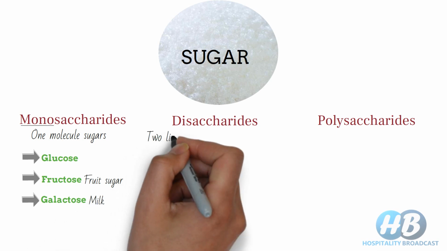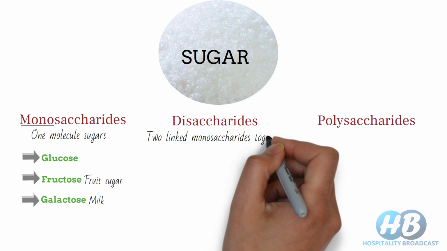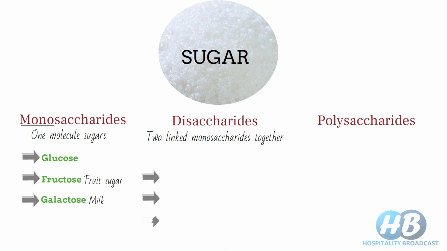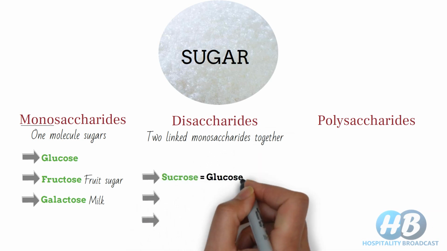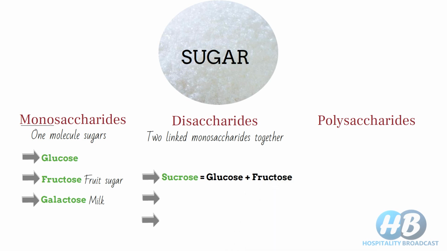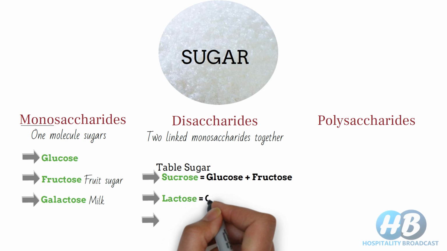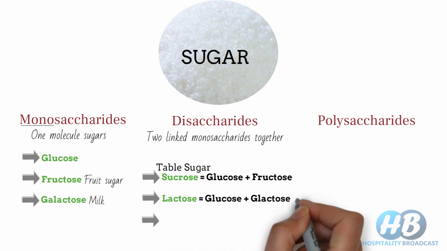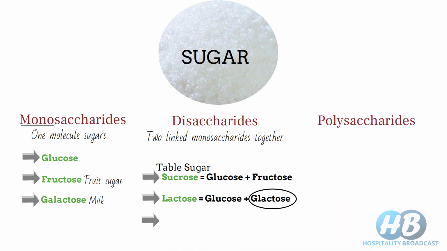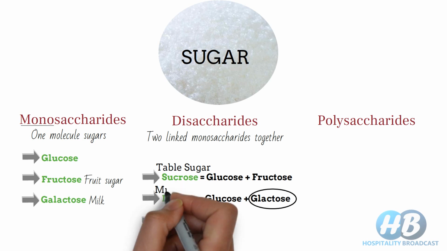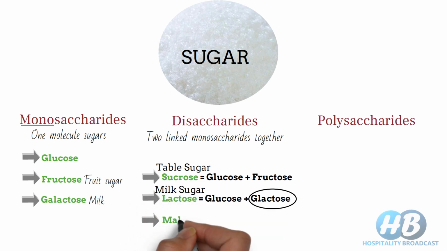Disaccharides are made through two monosaccharides linked together. These are also of three types: sucrose, made from glucose and fructose, also known by the name of table sugar; lactose, from glucose plus galactose, as galactose is included, so it's also known by the name of milk sugar;